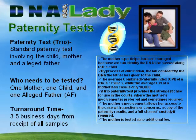The mother's participation is encouraged because we can identify the DNA she passed along to the child. By process of elimination, the lab can identify the DNA the father has given to the child. The average combined paternity index of a trio is 1 million, while the average CPI of a motherless case is only 10,000. A paternity test provides the strongest case for use in the courts, where the mother's involvement is preferred